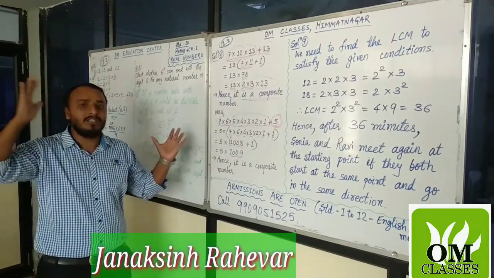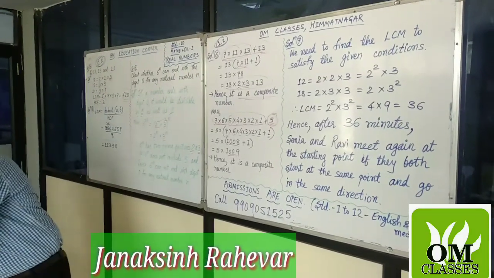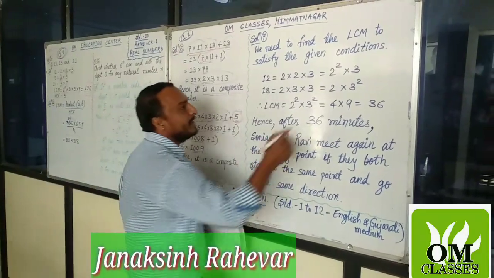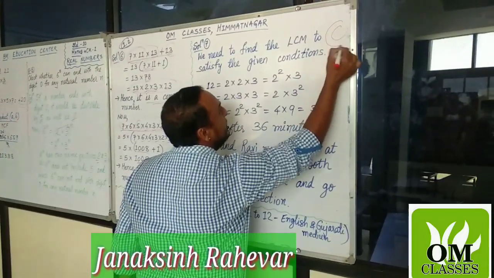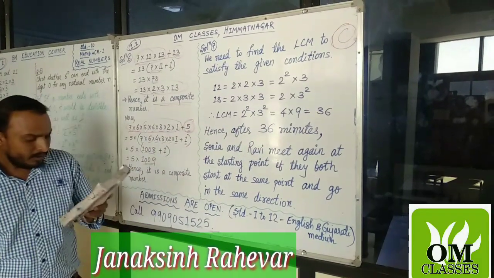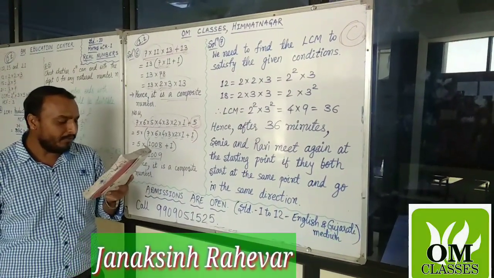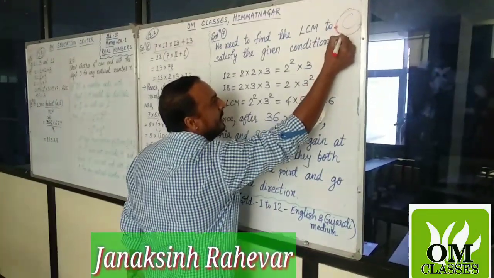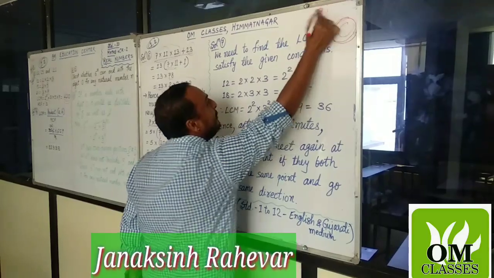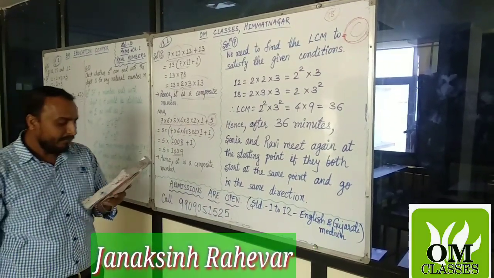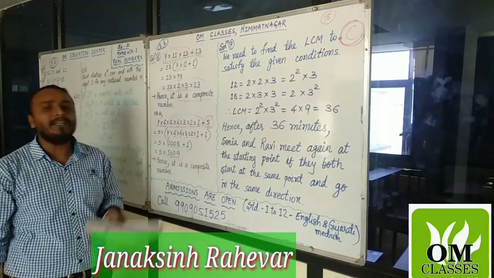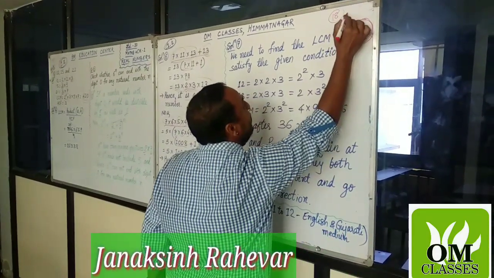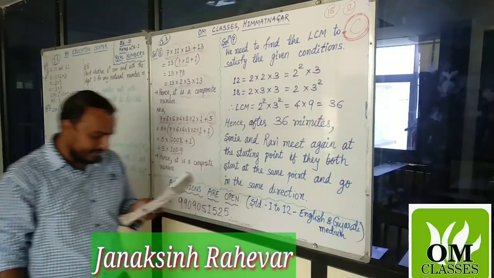Now question 7 इतना बड़ा है लेकिन इतना हार्ड नहीं है. Let's see. There is a circular path around the sports field. एक स्पोर्ट्स का फील्ड है, उसके आजू बाजू में ऐसे सर्कुलर पाथ है. Sonia takes 18 minutes to drive one round of the field. There is one girl whose name is Sonia. If Sonia starts from here, she completes that round in 18 minutes. And one more boy is there. Ravi takes 12 minutes for the same. Ravi is a fast driver maybe, so he takes only 12 minutes to complete this.